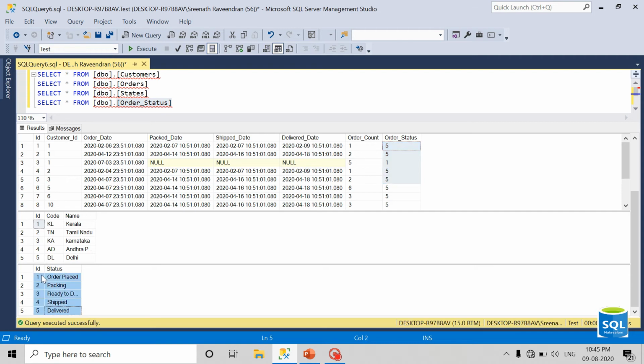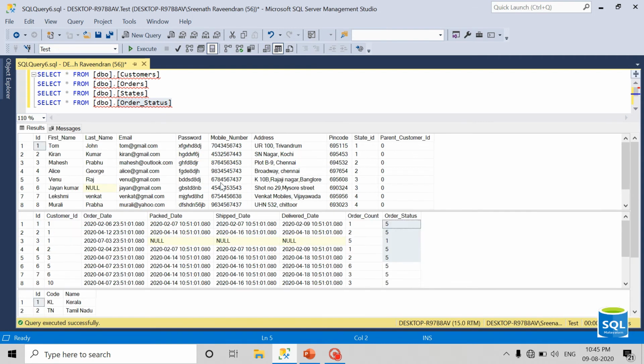So now let's write a SQL query to select all the customers who have placed an order. If I get such a requirement, I can use the inner join clause for selecting records.